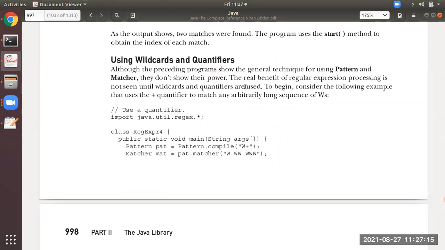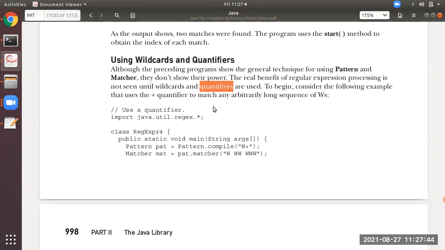The real benefit of regular expression processing is not seen until wildcards and quantifiers are used. This is very important. What are wildcards and quantifiers? This is a very powerful technique in regular expressions, and you will see the actual real benefit with them.